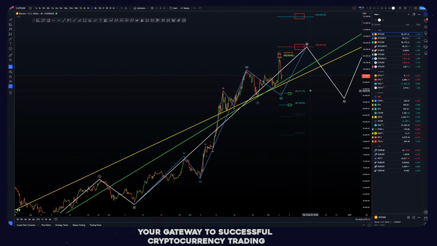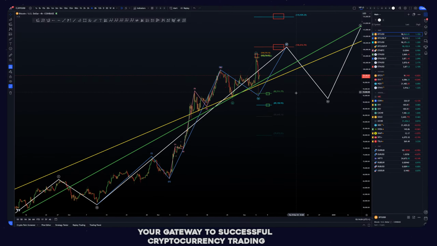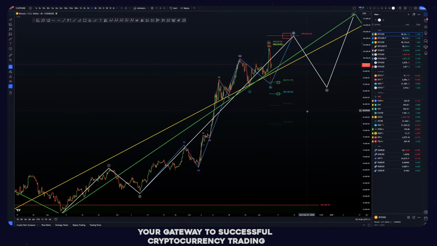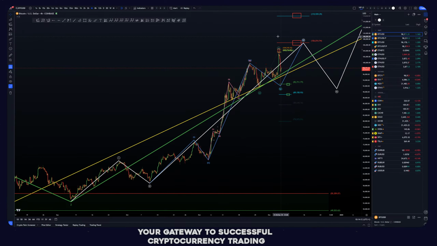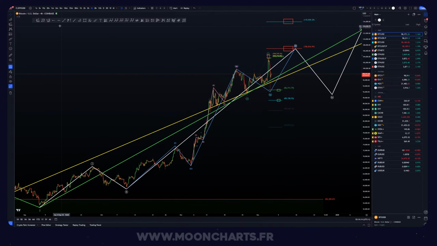If you have to go below, it's all good. Okay, so from here, well, that's pretty cool. We've got the double EXY. What can we look for next? Well, we can simply look now for the wave 5 if we have to bounce from here. So if you do have to bounce from here, how do you find the wave 5 targets?